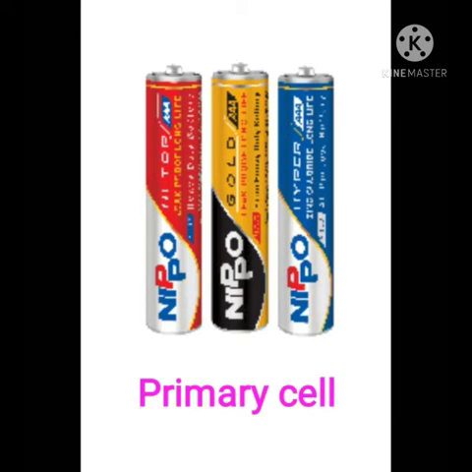A primary cell is the one which once used cannot be reused. That is, it cannot be recharged. This cell is used in many devices like torches, watches, calculators, remotes, and electronic toys. A special cell called a button cell is nowadays used in calculators and watches. All these devices use dry cells in which a moist paste of ammonium chloride is used instead of liquid electrolyte. Dry cells are cheap and convenient to use.